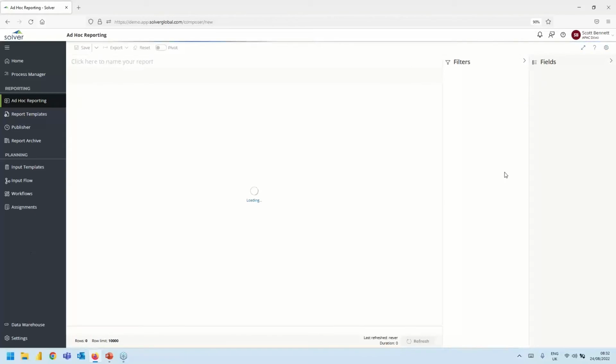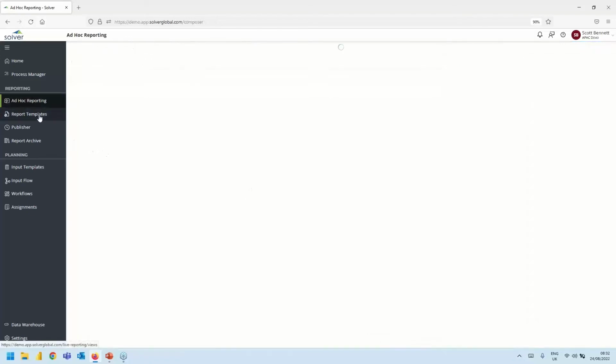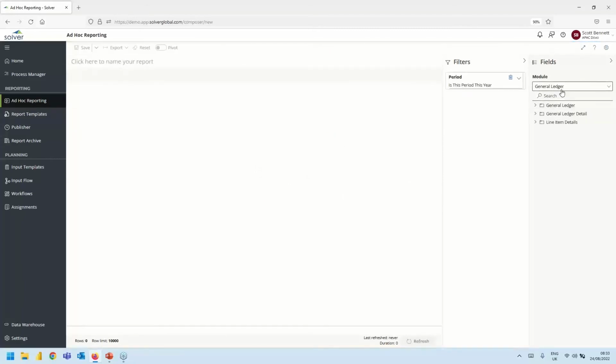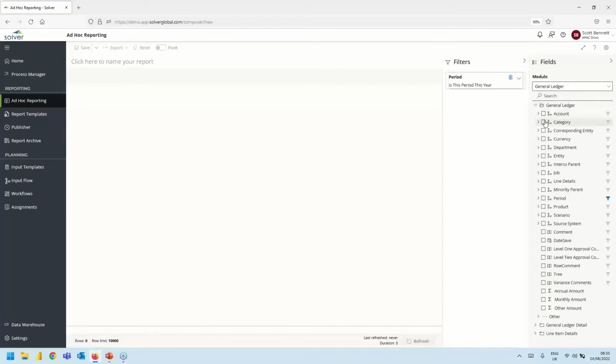So what we do with our ad hoc reporting tool is we'll actually give individuals, subject to security, of course, the option to create or to run their own queries. And the way in which we do that is we allow them to access each of the modules within Solver. So you'll recall earlier within the data warehouse, we bring in all of the information as modules out of your Sage 300 system, your payroll, your CRM, etc. So I could come in here as a user and I could say, I want to run a query, I need account